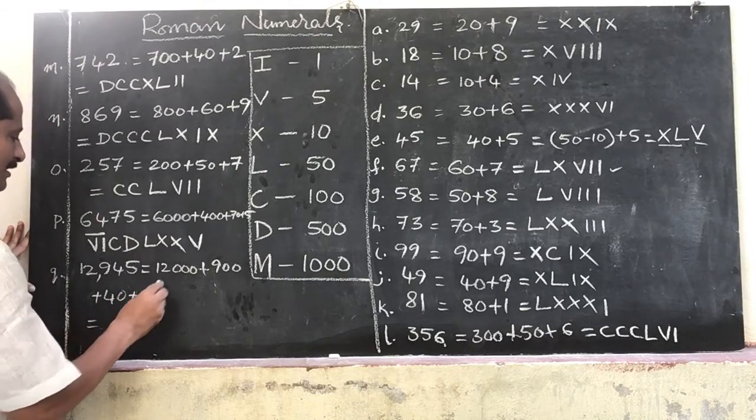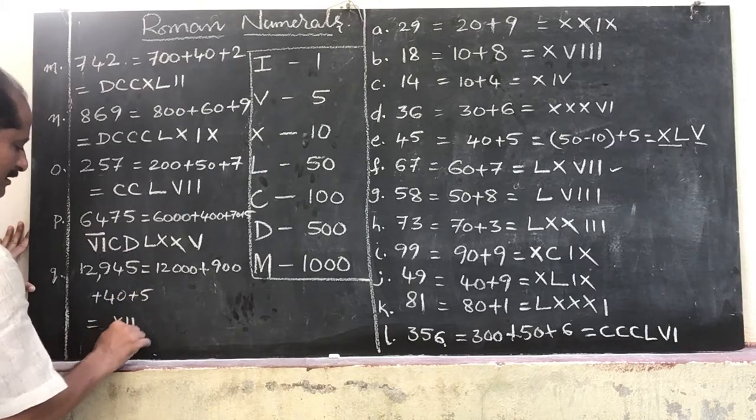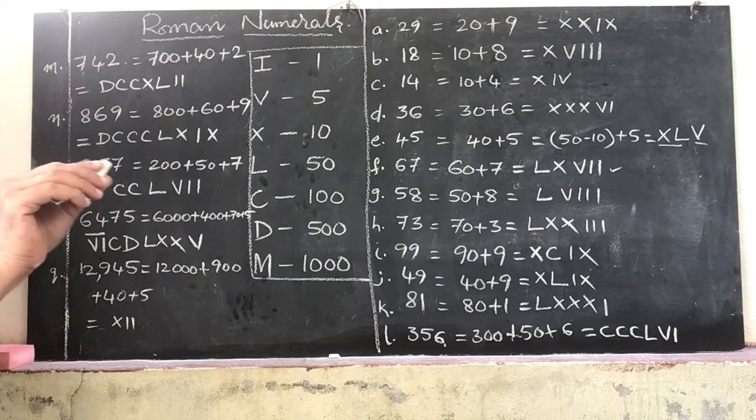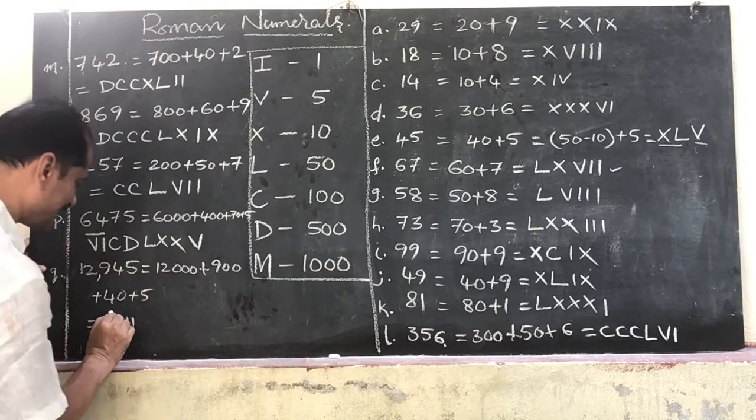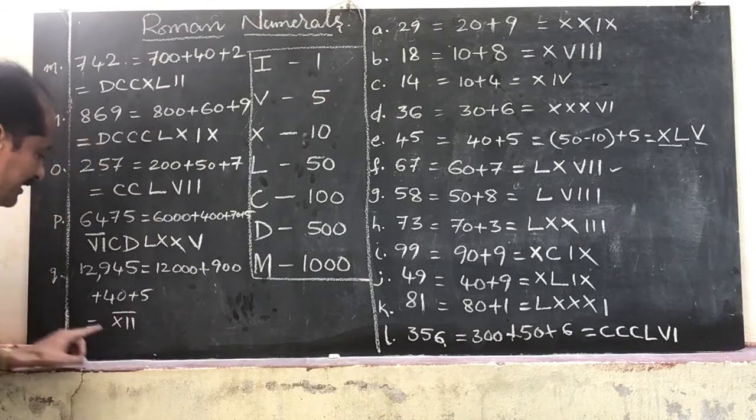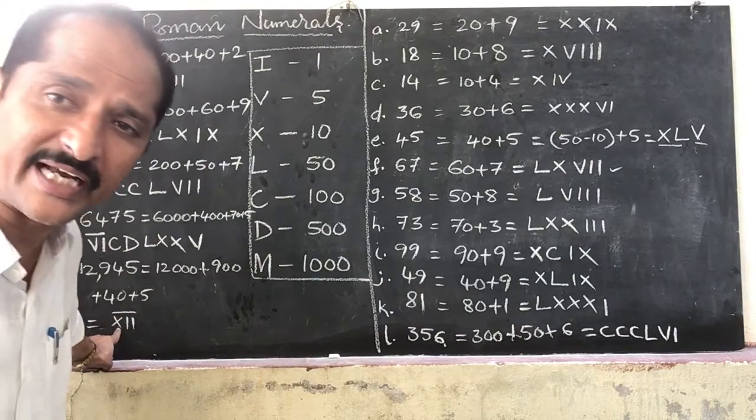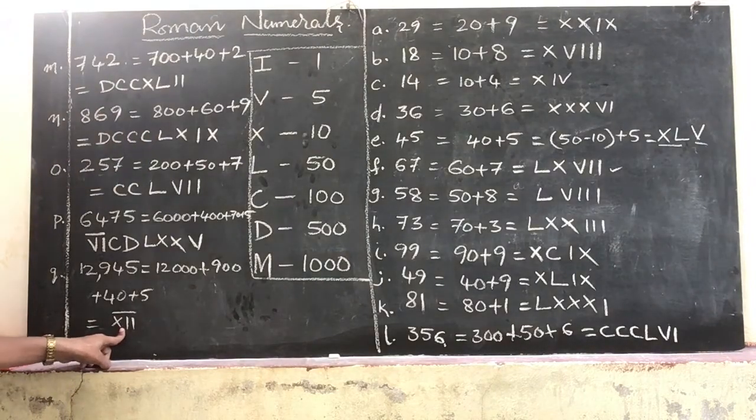Now this one, 12945. That is equal to 12000 plus 900 plus 40 plus 5. So how can you write 12000? Write down 12, and at the top you have to write a bar that represents into 1000. That means 12 into 1000, 12000, plus